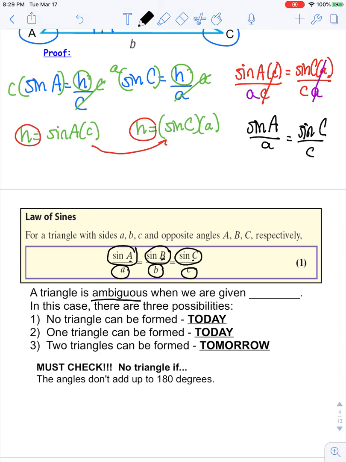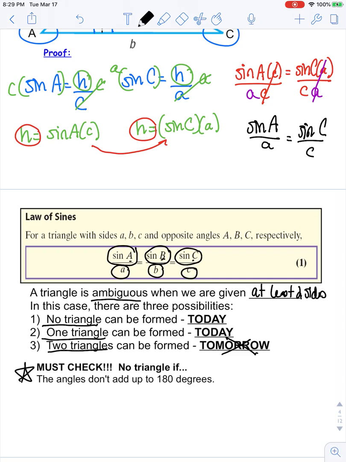But I'll tell you that an ambiguous case happens when we are given at least two sides of the triangle. And when that happens, there are 3 different possibilities. There could be a situation where there's no triangle formed. There could be a situation where only one triangle is formed. And later on, maybe not tomorrow, maybe after break, we're going to look at situations where maybe 2 triangles could